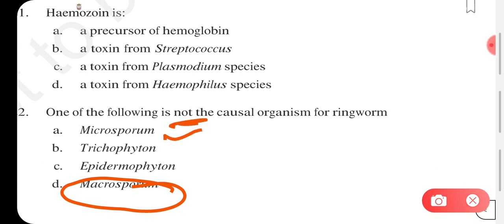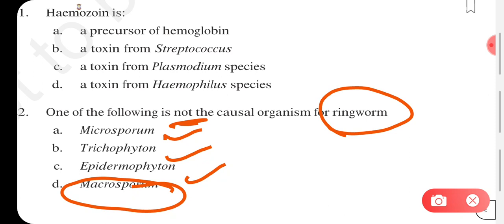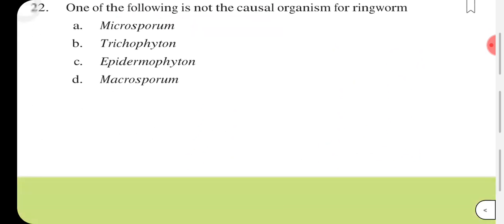Microsporum will cause, Trichophyton and Epidermophyton will cause ringworm. Okay, but there is nothing called macrosporum, it is microsporum. So Microsporum, Trichophyton and Epidermophyton may cause ringworm. Okay,